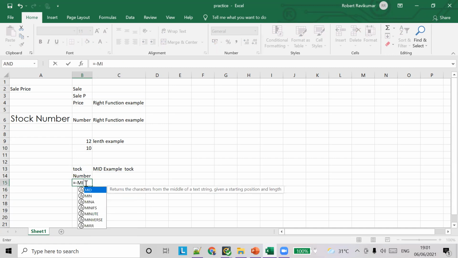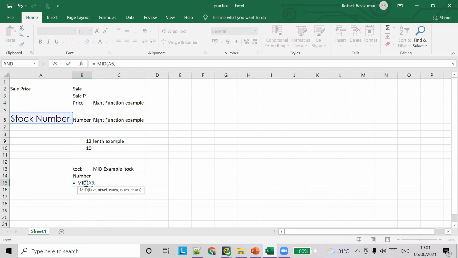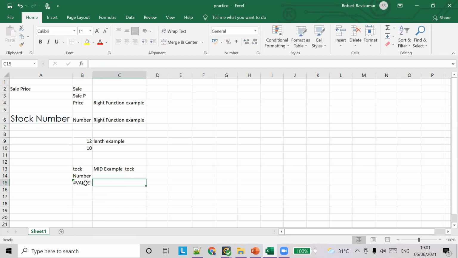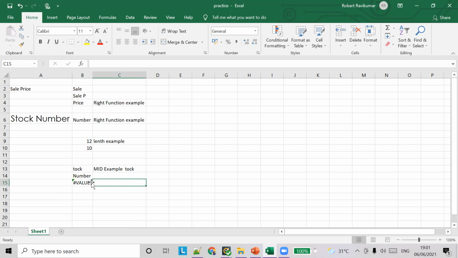So what I will submit is A6 comma, let's say 20, right? So you get an error saying there is a value in the formula that is the wrong data type.